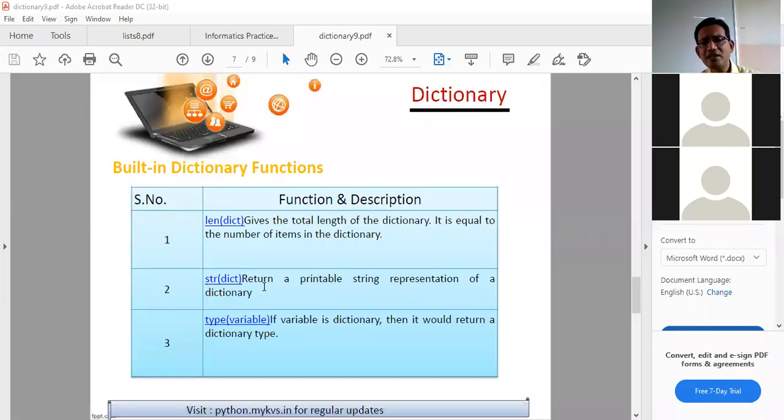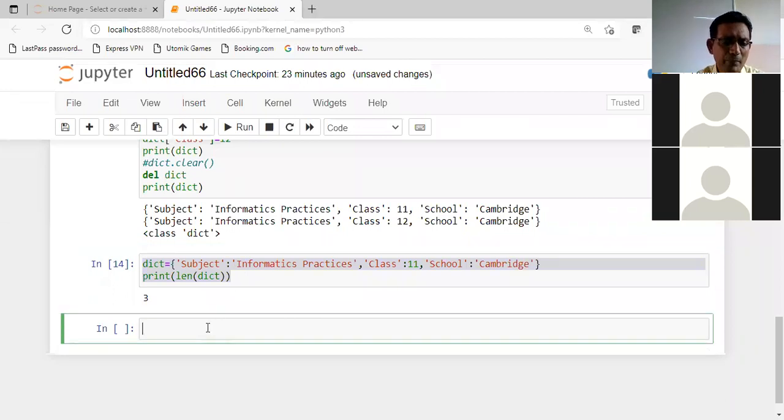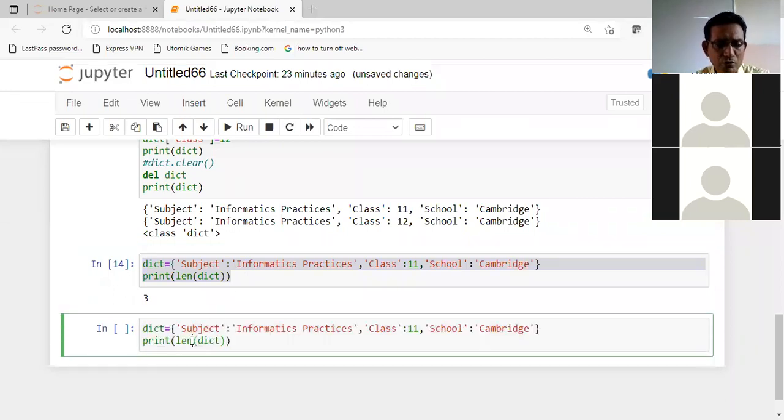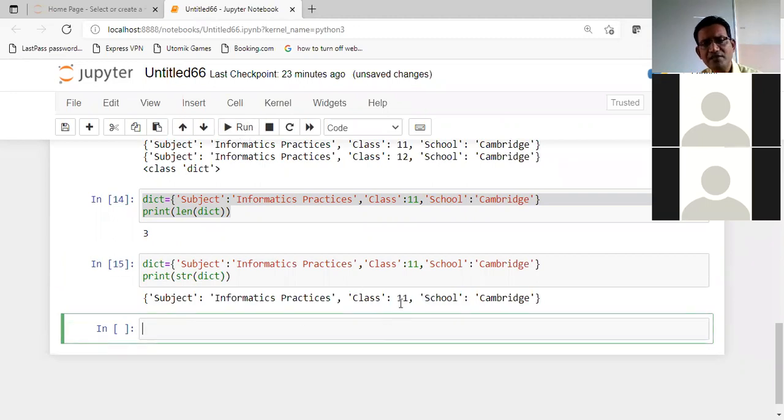The next method we have is str. String of a dictionary will return a printable string representation of the dictionary. So this string representation will tell us, in this case, nothing special. All the values of the dictionary will get printed in string format. Okay, so it is treating everything as a string. Okay, next we had